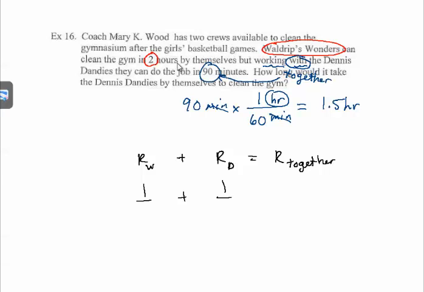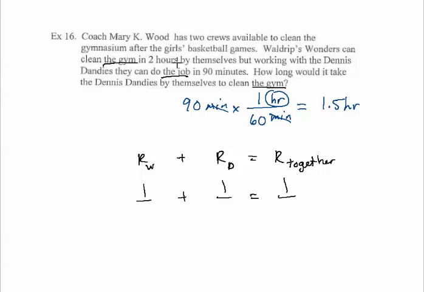All through the problem, it refers to the gym, and then again it refers to the job, and then the question has the gym. So the job is the same no matter whether they're working together or separately. So we have a 1 on the top of each of our rates,